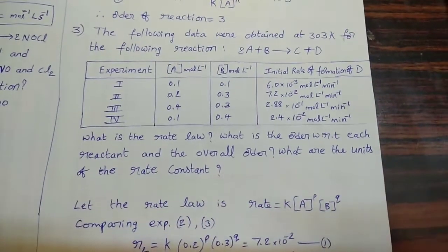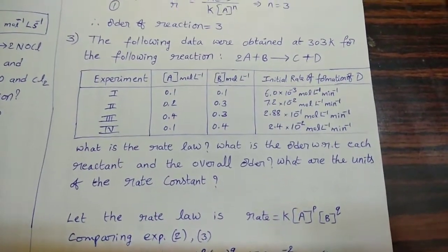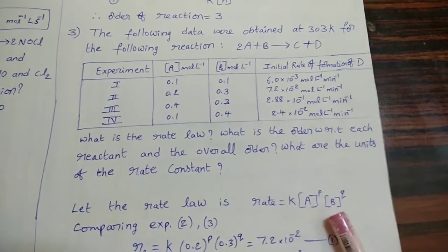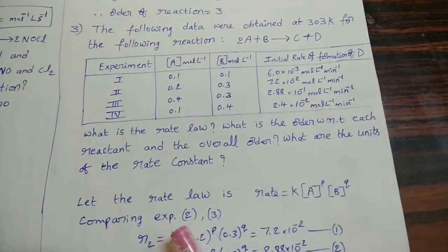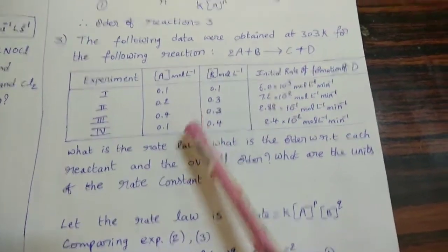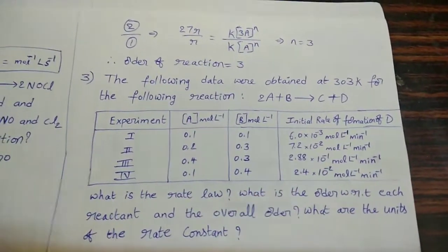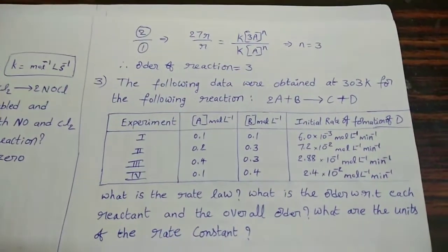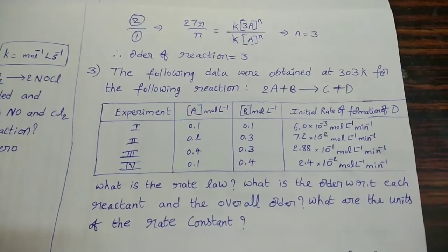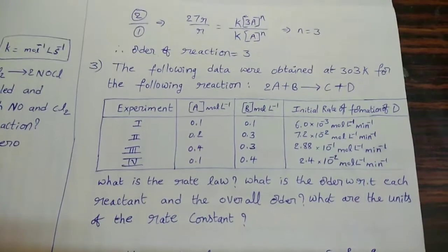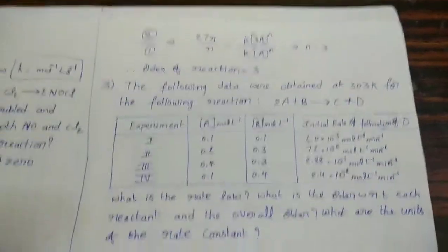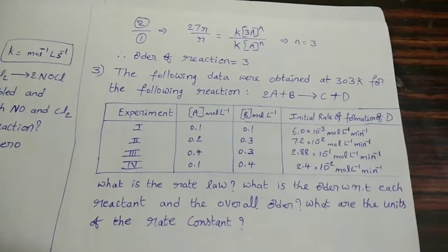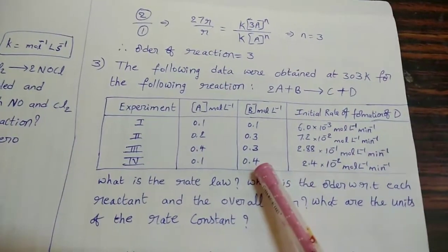Let the rate law for this general reaction be rate equal to K into concentration of A power P, concentration of B power Q. Now compare experiments 2 and 3. Generally, by seeing this type of tabular data, students will fear because so many values are given. How can we get the answer? You may think the procedure is difficult, but it is not difficult. Understand the process, then it becomes very easy, and you can get the correct answer in less time. In this type of question, by comparing concentrations of reactants in different experiments, we can understand.